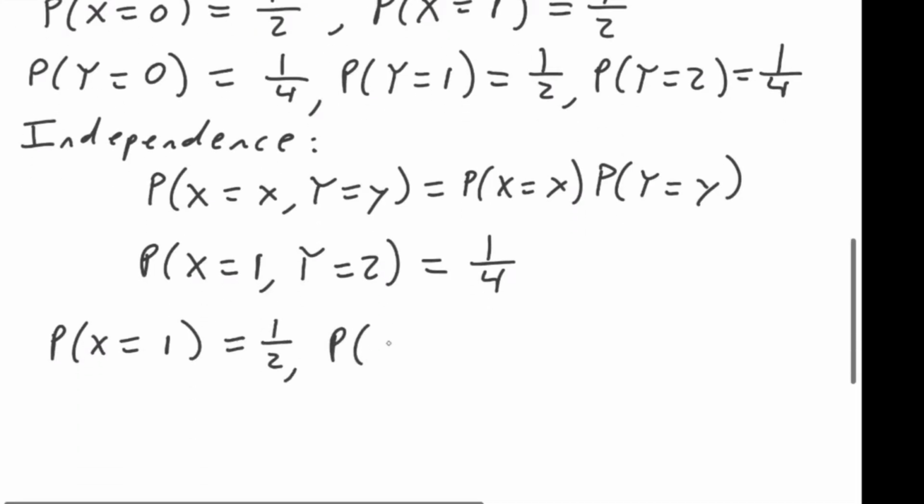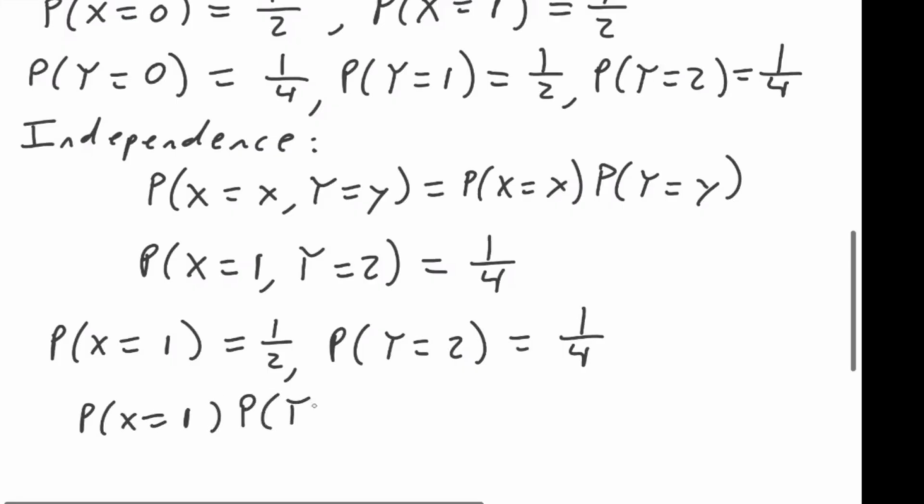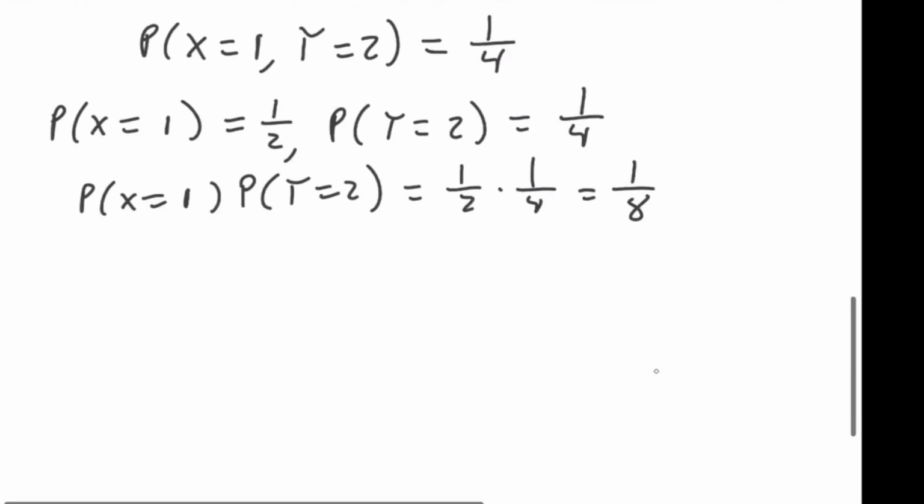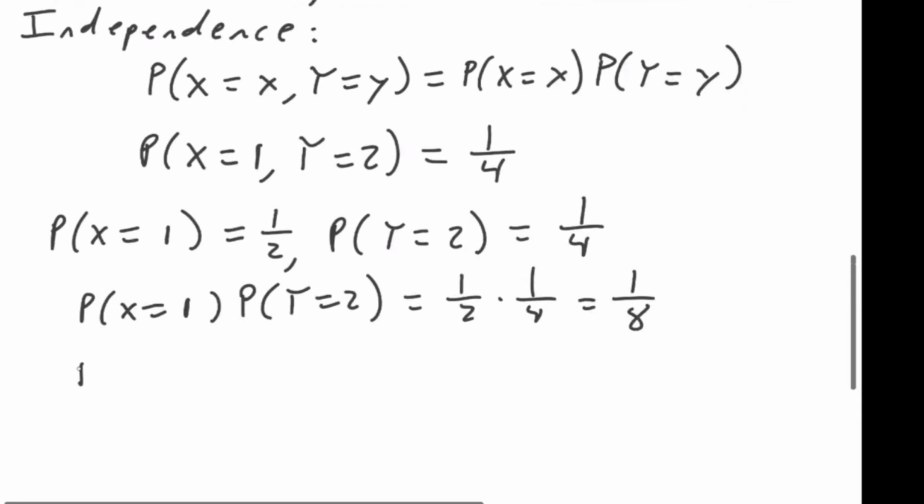And the probability that y is equal to 2 is equal to 1/4. So the probability that x is equal to 1 times the probability that y is equal to 2 is equal to 1/2 times 1/4, which is 1/8. And as you can see, the probability that x is equal to 1 and y is equal to 2 definitely